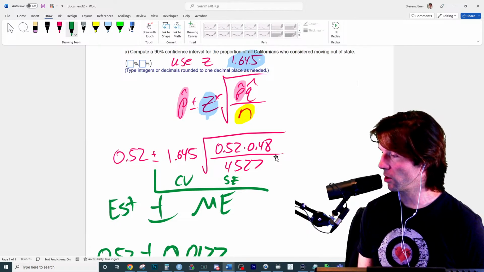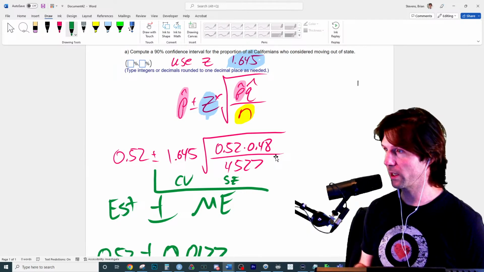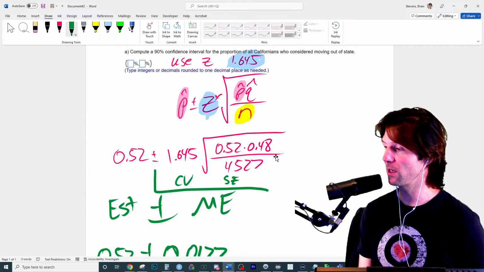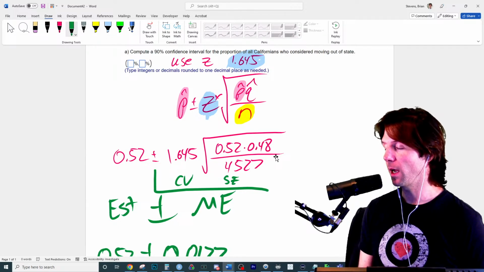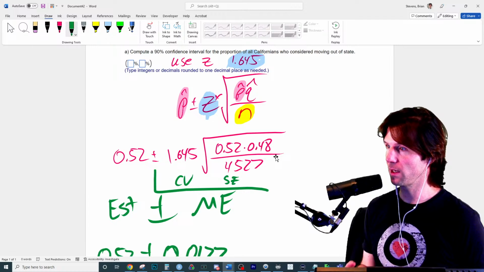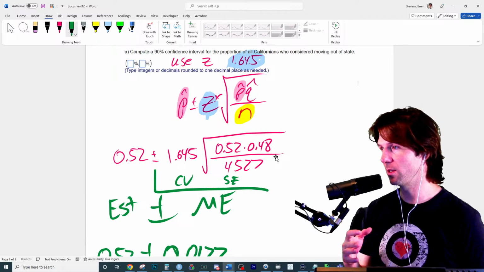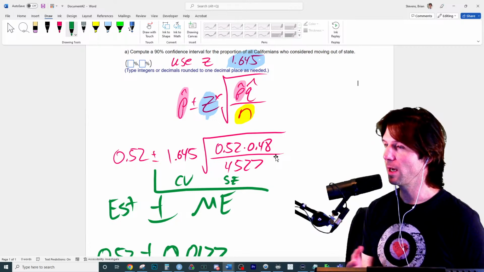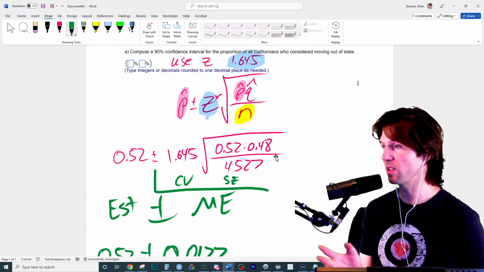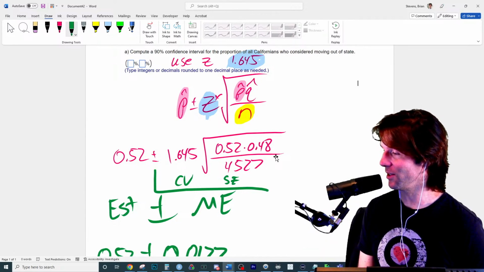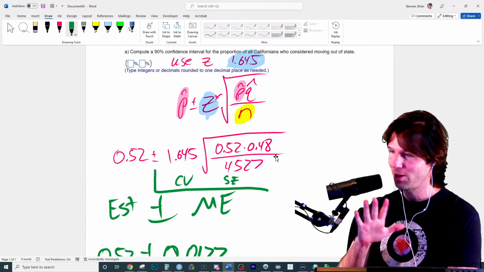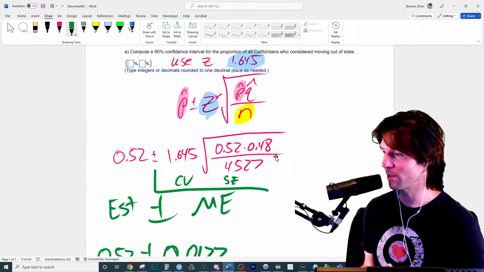So for this next one, how do you interpret an interval for this? One can be blank percent confident that the true proportion of people who will move out of state is contained in the interval blank to blank. I like to say I am blank percent confident that the true proportion, and it'll be true mean, true proportion, true difference, but that's what we're trying to estimate here. And then we can look to see if a value is in the interval. It makes everything easier later. Yeah, exactly, Amanda. That's why I try to be like, know the notation, know why we're doing this.